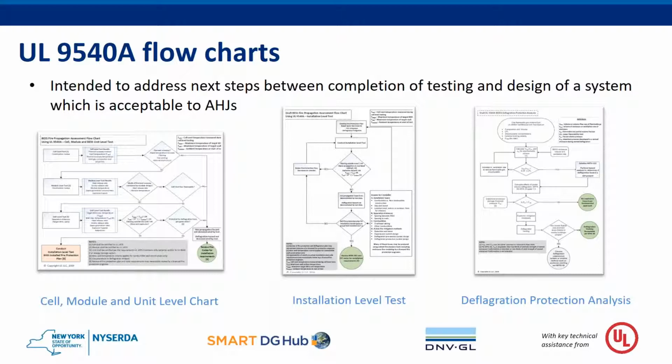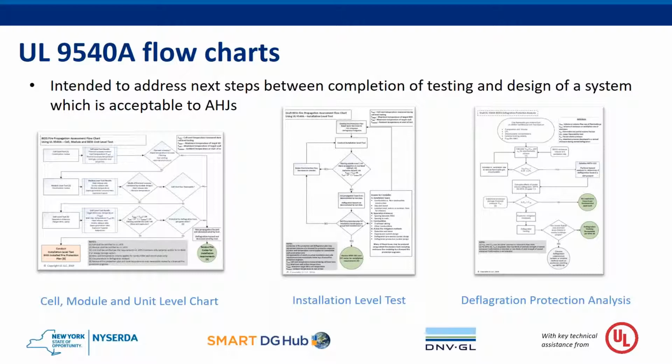So what we really want to do is make sure that now that we're going to be getting data all in the same format from the UL 9540A test, folks know what to do with that data and know what their responsibilities are, the burden of proof, and the information that they need to include in their applications in order to proceed forward. So this is a little bit of an eye chart, but there's 3 main flow charts